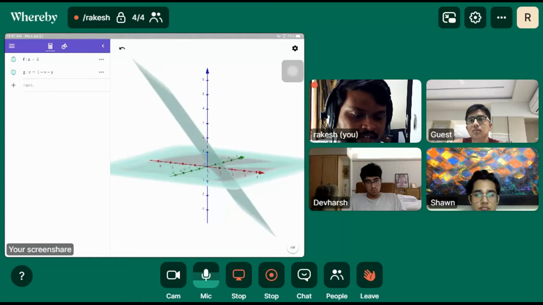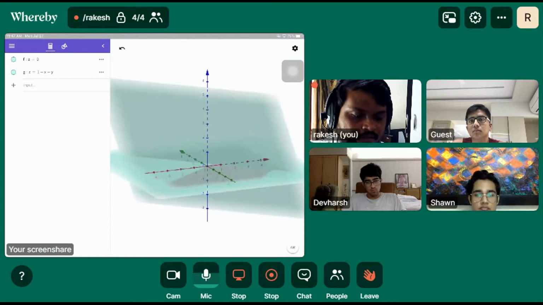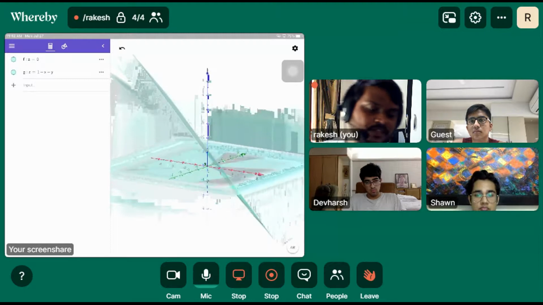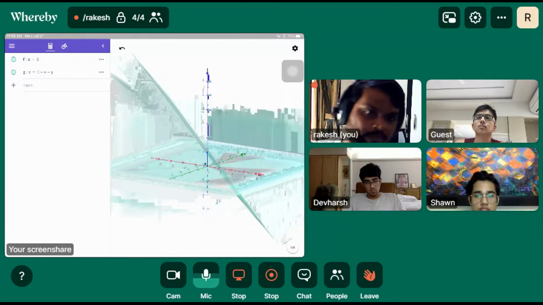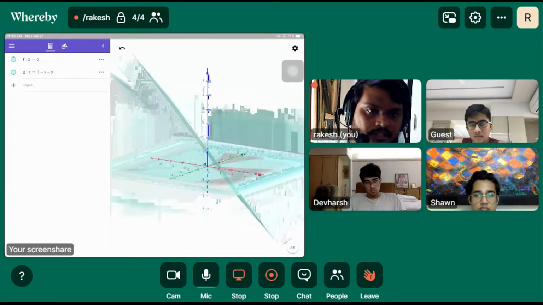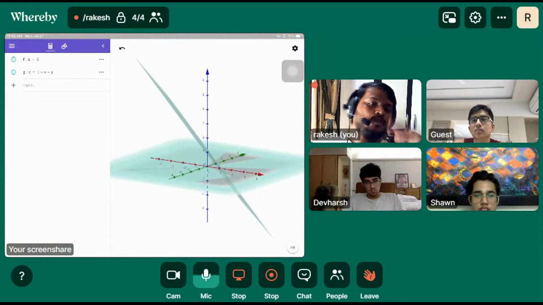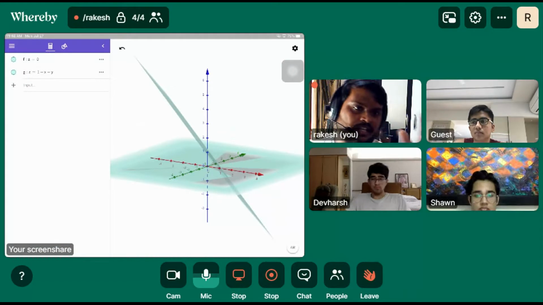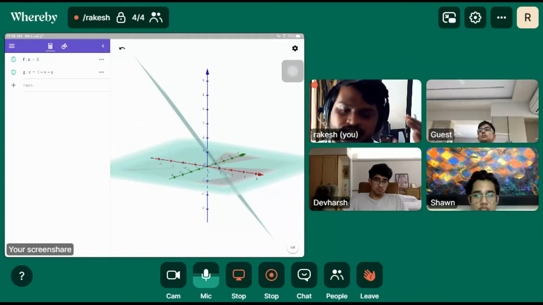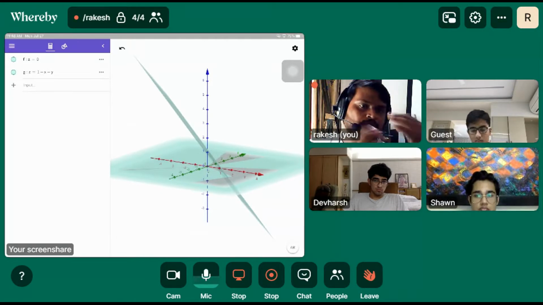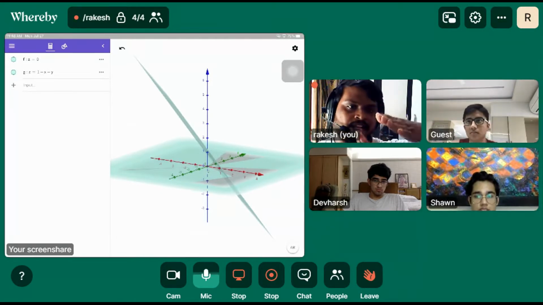Did you understand what z is equal to 1 minus x minus y is? That is your plane, right? Which is above the xy plane, and that is also going below the xy plane. That's okay. But if you look at the other stuff, like y is equal to 0, x is equal to 0, z is equal to 0, it is bound by everything, all the coordinate planes.